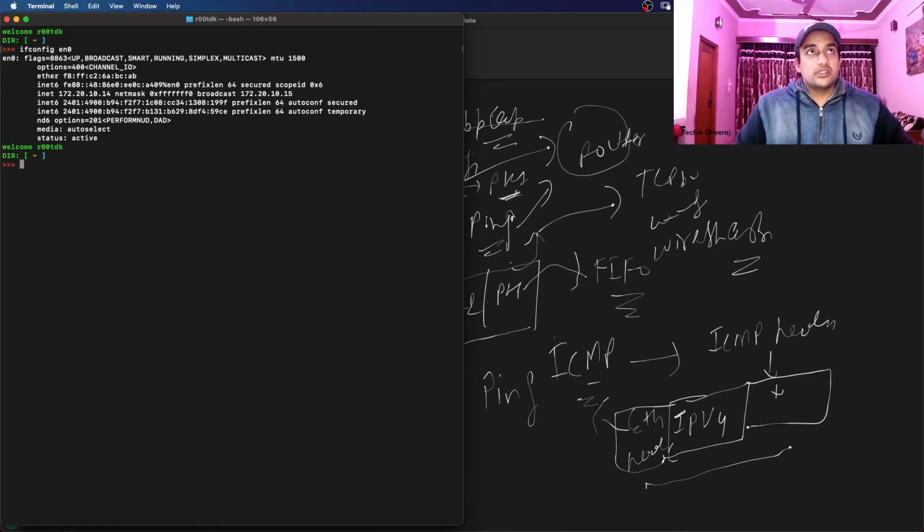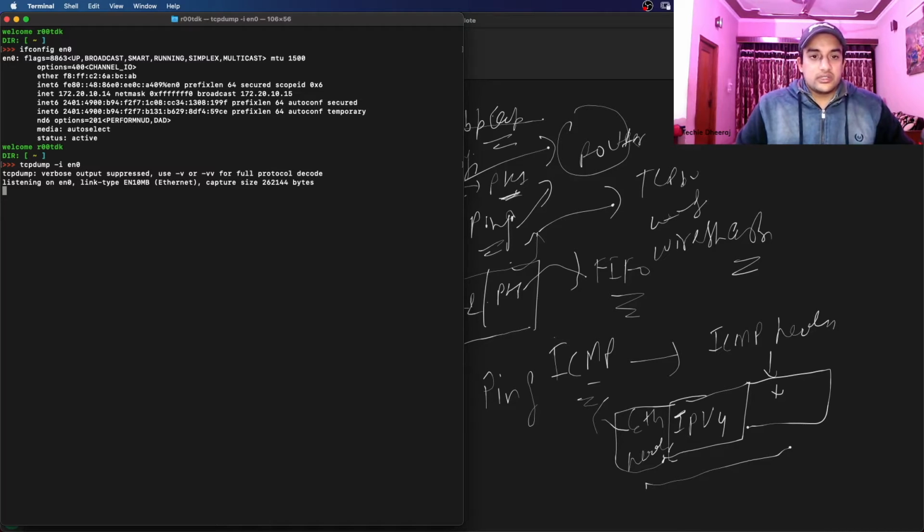So this is just a shell of our machine, and this is my local IP, as you can see, 172.20.10.14. This is my local machine IP. What I can do here is use tcpdump like that, and hyphen i, which is just to provide the interface. I can mention tcpdump -i en0, and I can just start the packet capturing. So it will start it, right? Okay, so there are some packets, internal traffic is also flowing.